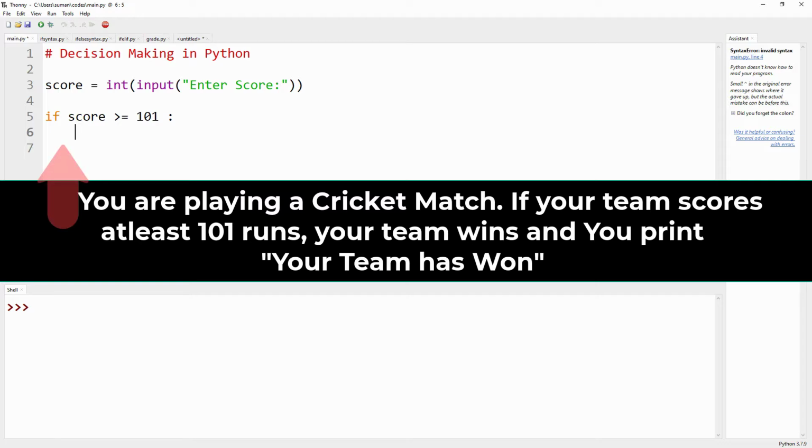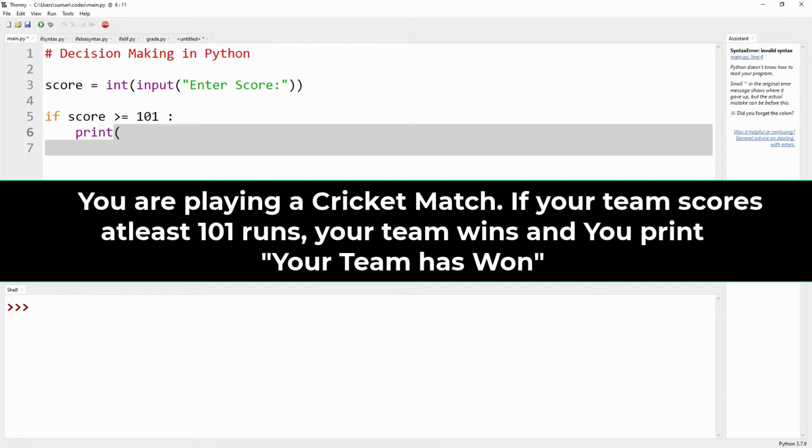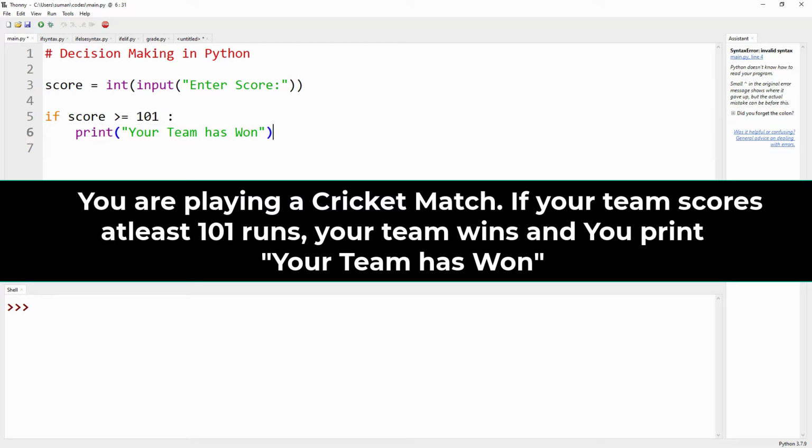Look, the indentation has already been done here. Print your team has won, and then another statement, congrats.